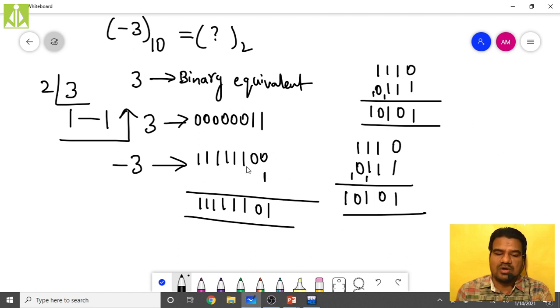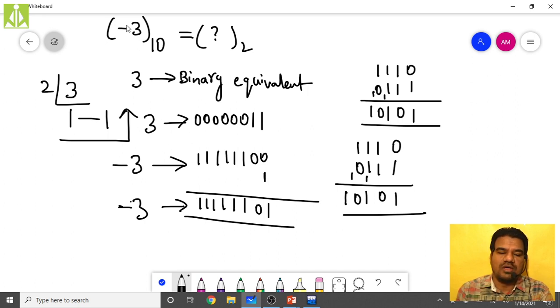So as we got over here, when we inverted, all ones and finally 0 0 we got, and when you are adding 1 to it, it will become 1 0, all ones. So this is the minus 3. Minus 3, how we represent, in the sense like this we represent.